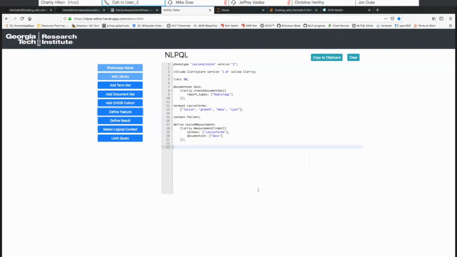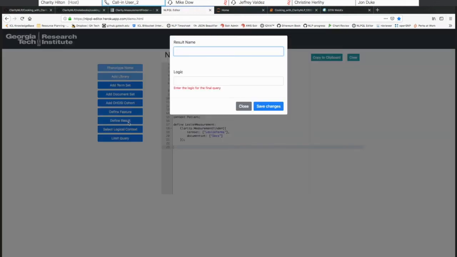And finally, we need to add the constraints that are our NLPQL expressions. So those are under this define results button, because those can generate results independently of any featured tasks. So our result name, the first one was X between 10 and 20 millimeters. And then we entered the logic for this, such as lesion measure X, greater than or equal to 10, and